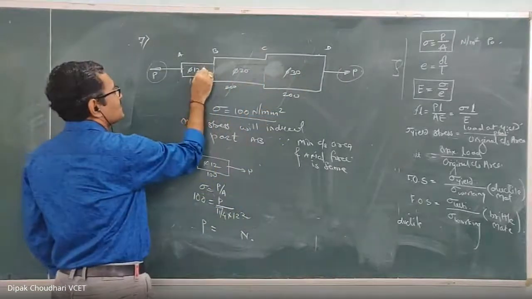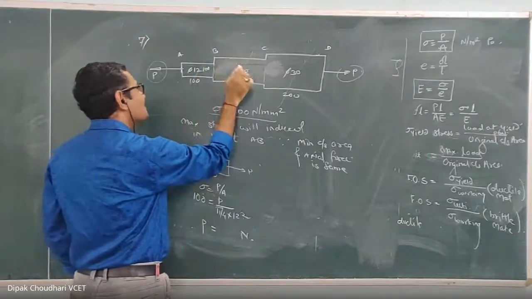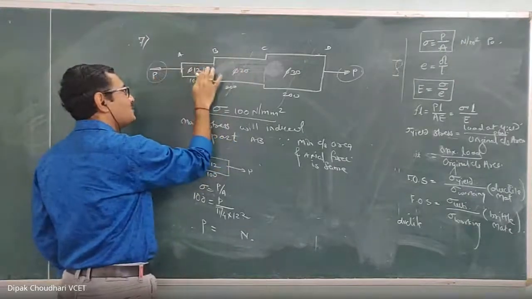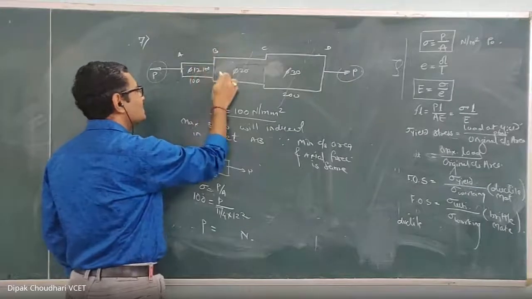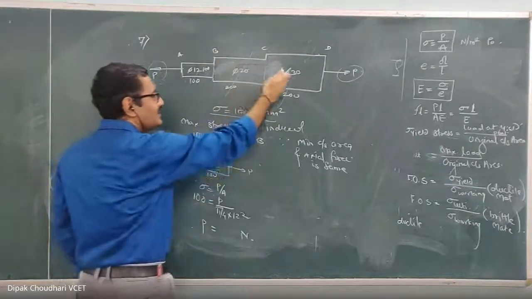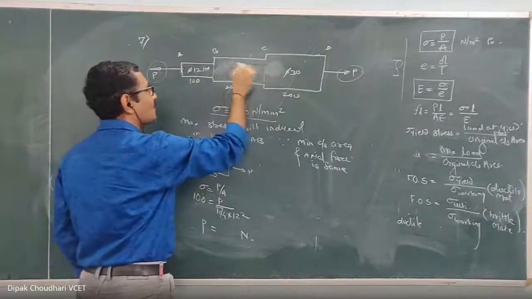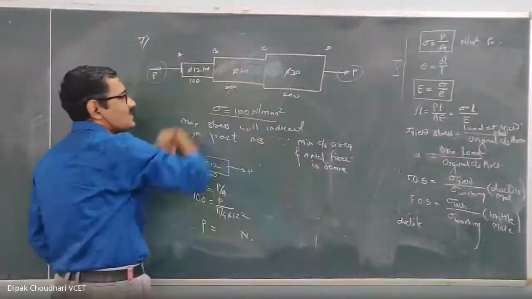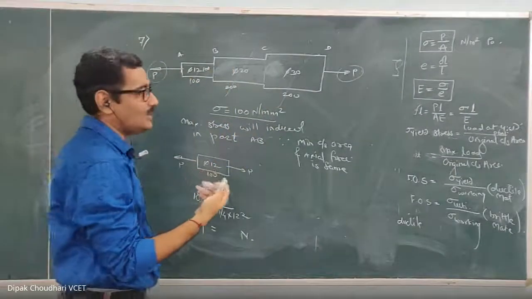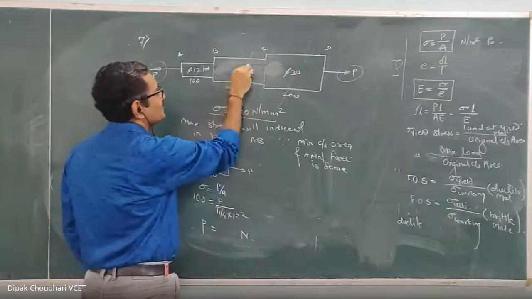In this part, the maximum stress will be induced. If we consider 100 here, then corresponding to that force P, the stress induced in the part BC will definitely be less than 100. This will also be less than 100 because the same axial force is there, but the area is more. If the area is more, the stress value will be less. So don't calculate the force P considering the stress induced in the part BC.